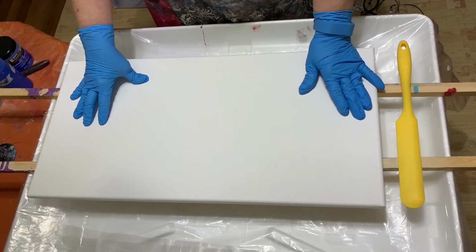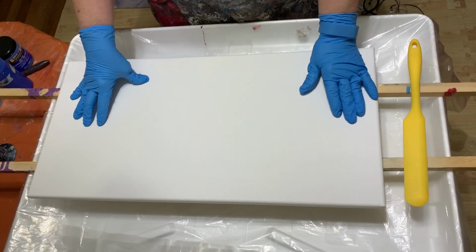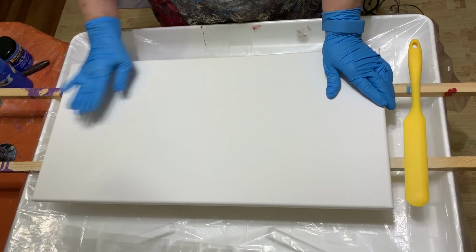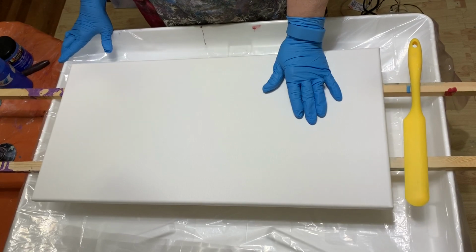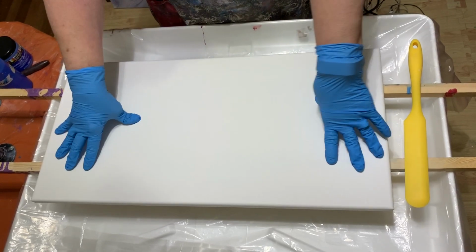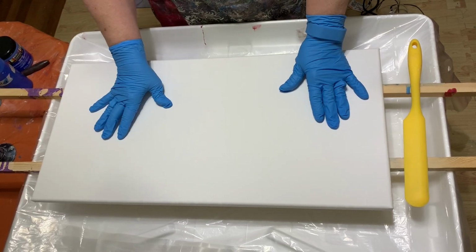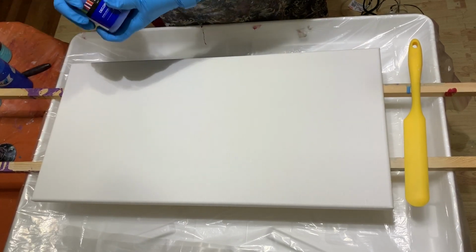So today I'm working on a 12 by 24 canvas, and I am a pour pot. Goodness, here I go again. A fluid art artist, and today I'm going to be working with blues mostly. I'm going to be doing like a sky background because I want to put hot air balloons on it. So I'm going to be working with